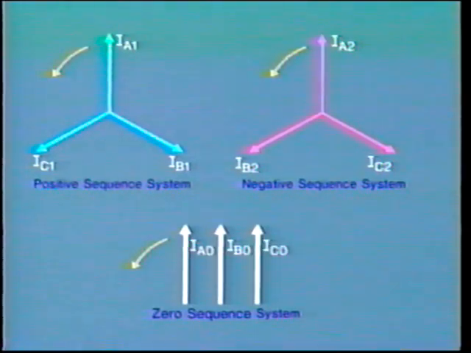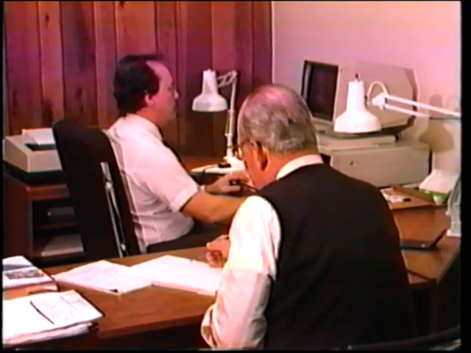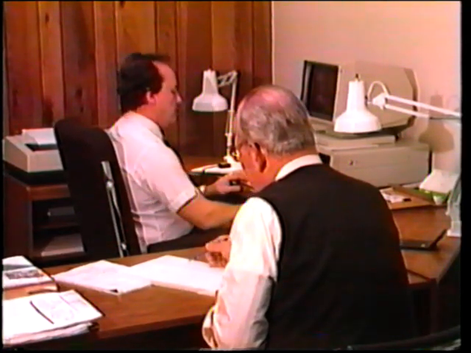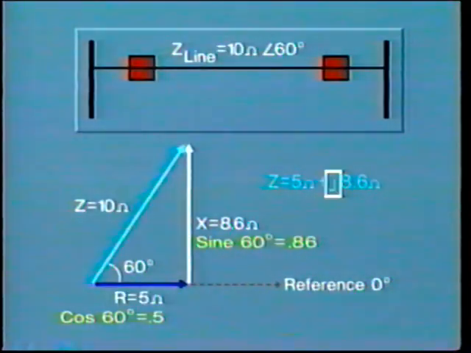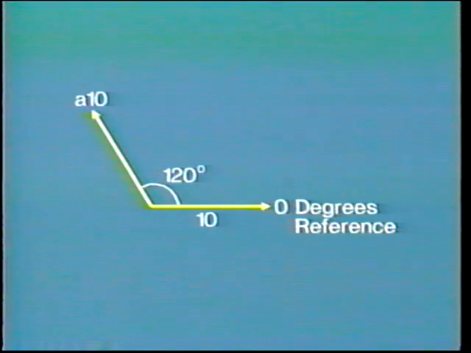The computer cannot look at phasor diagrams as we can. Therefore, some means of identifying phase angles must be provided to help calculate these values. In the last segment, we looked at the application of operator J for identifying quantities with a 90-degree displacement. In studying symmetrical components, the operator A is used to indicate a phasor displacement of 120 degrees in the counterclockwise